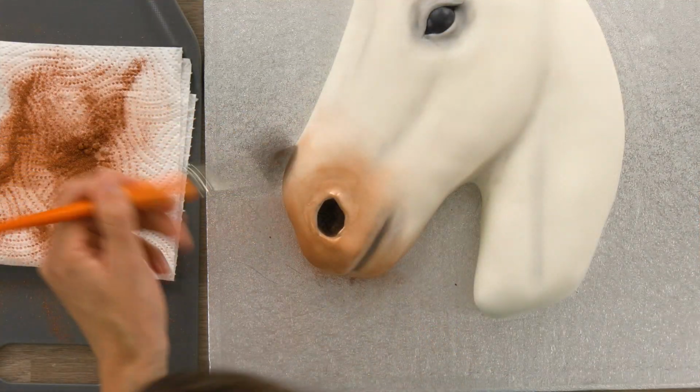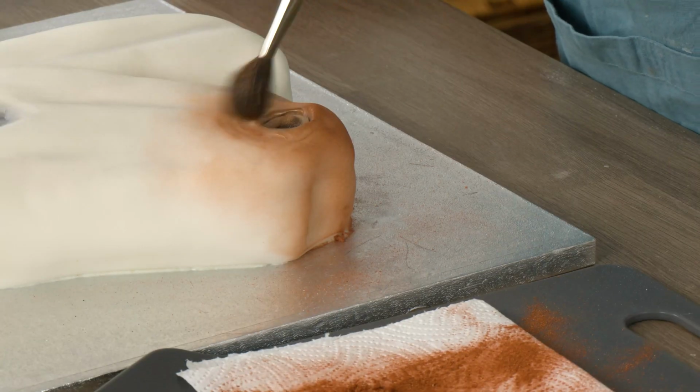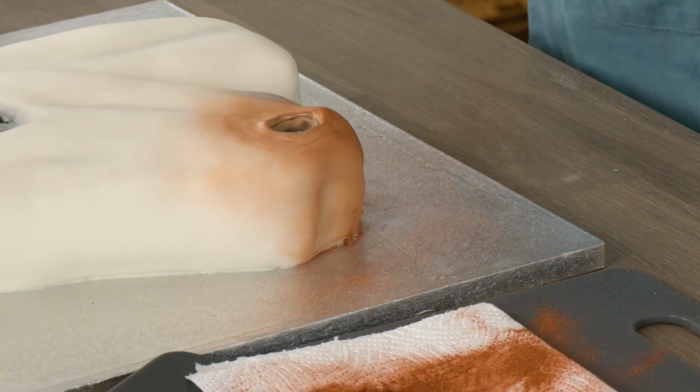Right, I think we're about there. I think that looks good. So can you see how that's really brought it to life with the nose? Now, we're there with the